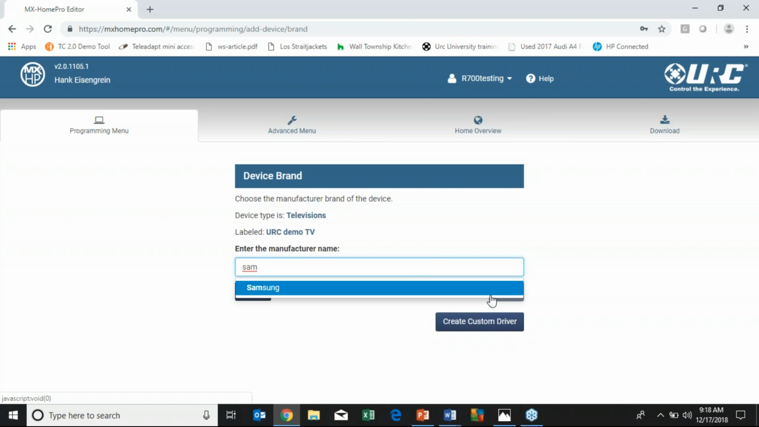There's a feature in MX HomePro called File Explorer where you could save individual devices as well as complete templates. And as of the second week of August, with a URC cloud update, MX HomePro will allow you to save IP, IR, and even Pronto Hex drivers that you could use over and over again. I'm going to click Samsung,